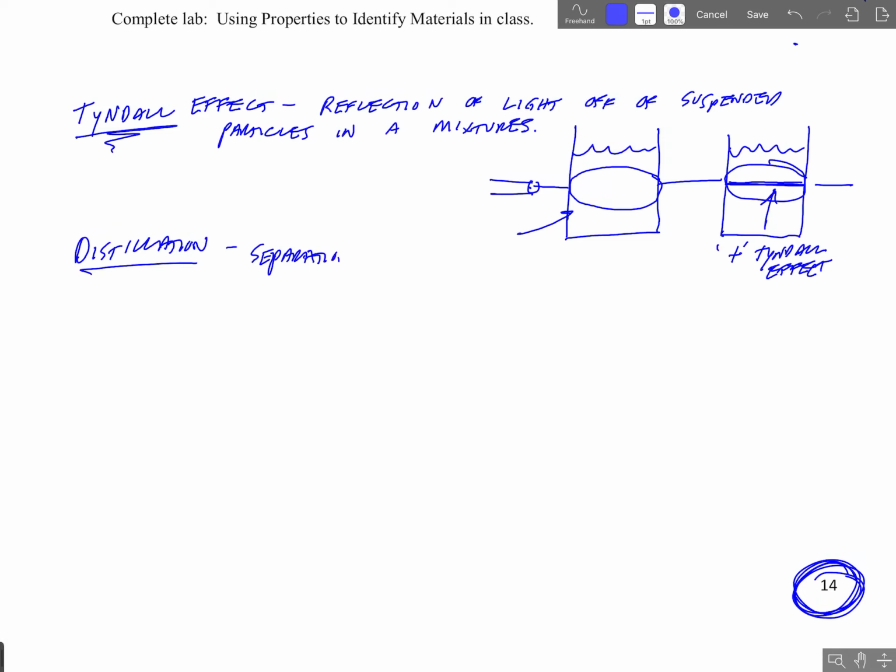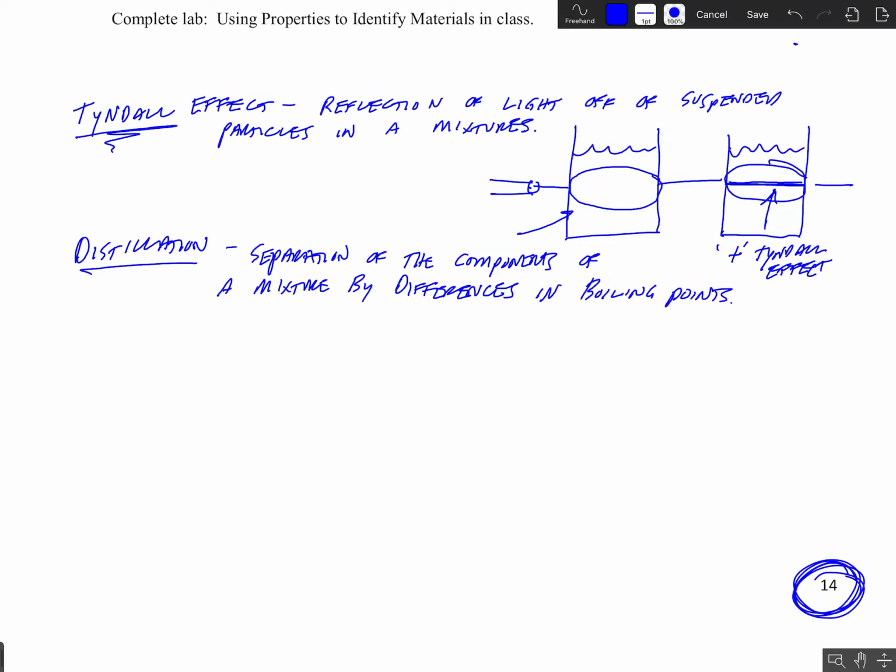Now, distillation is the separation of the components of a mixture by differences in boiling points. Let me draw a picture of a beaker here, and in this beaker, let's have water,